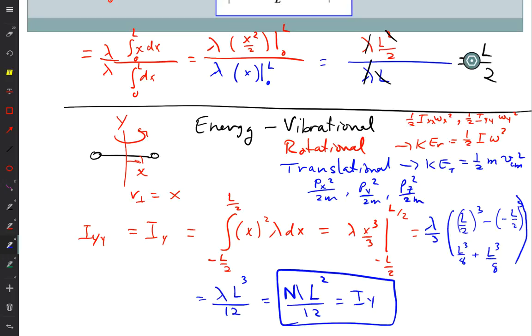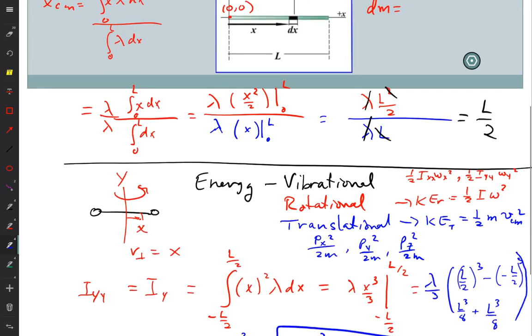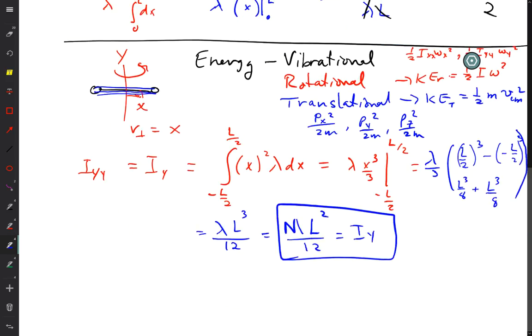Well, what if it's not rotating about the center? What if it's rotating about the end? What changes in my entire calculation if I rotate about the end? Just the limits, right? Just the limits. Now, I did this calculation, by the way, doing it for a rod. I forgot that I had the diatomic molecule here, which does not have a continuous distribution in my picture. So I'm just going to change the picture so that now I have my continuous rod there, not the diatomic molecule. So if I did about the end,